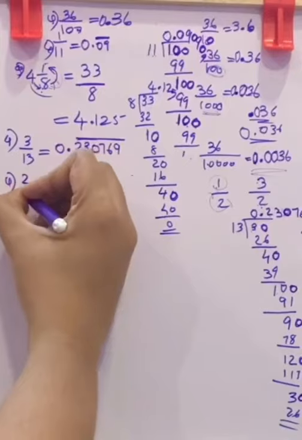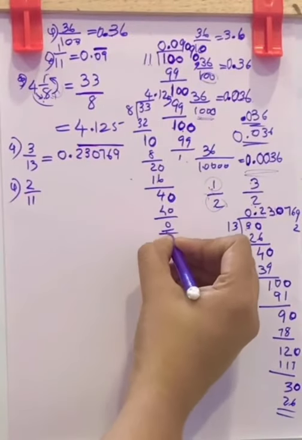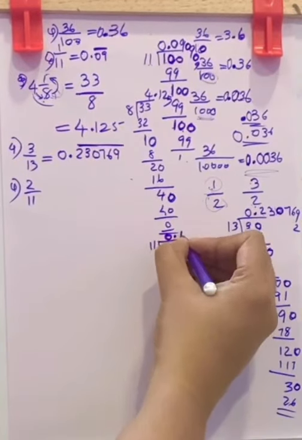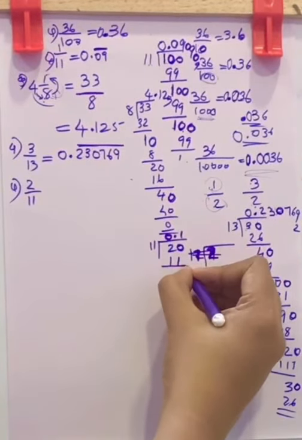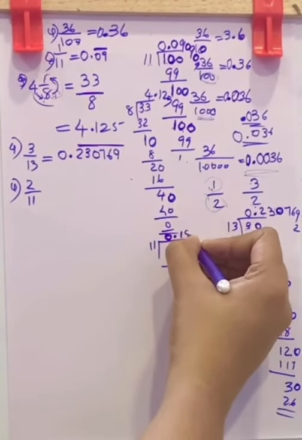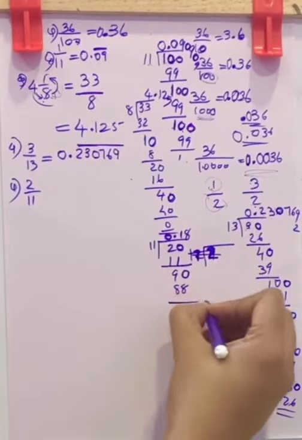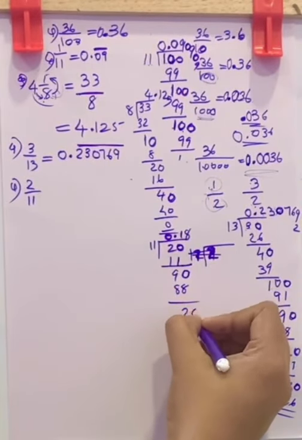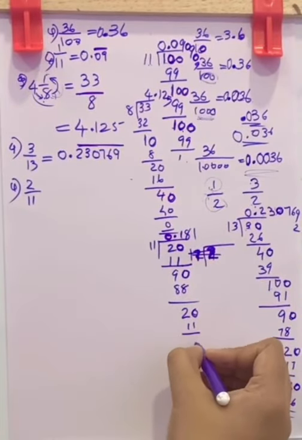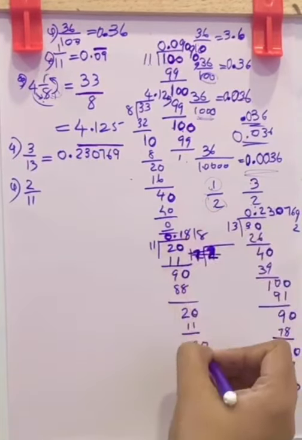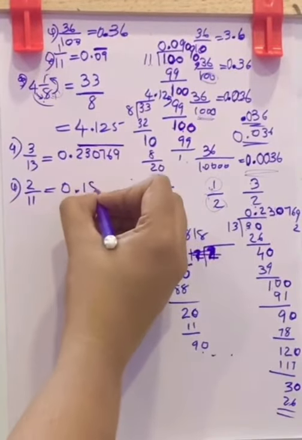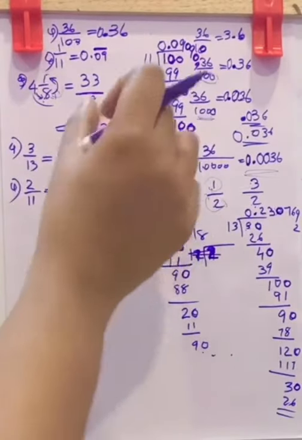Next question. 2 you can't divide it with 11, so put a 0 here and a point. Now you can make it as 20. Now 1 times 11, balance now 0, 11, in 11, 8 times, that is 88. Now balance is 2, again make it 20, 1 time 11, balance is 9, 90, 8 times, so it is continuing. So you can simply write 0.18 and this bar, that is 18 is repeating.